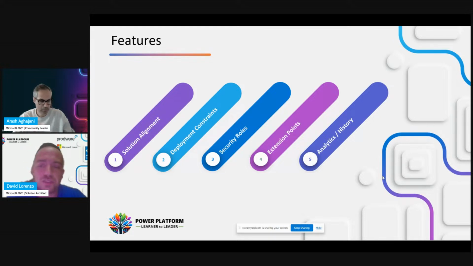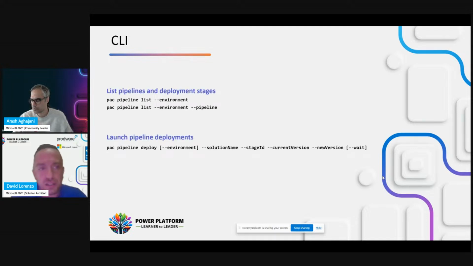So we also have the possibility to analyze this information and make decisions from it. Of course, we can use the interface to do all of this, but we can also use the CLI. The CLI for the moment has only two commands.